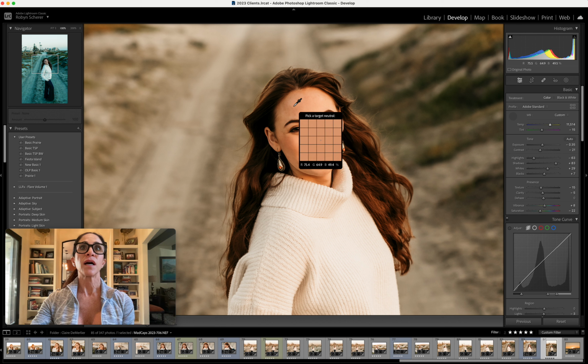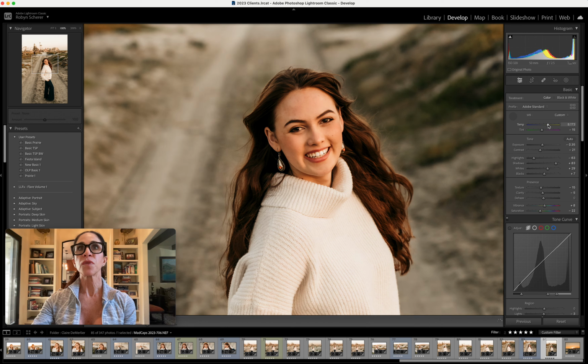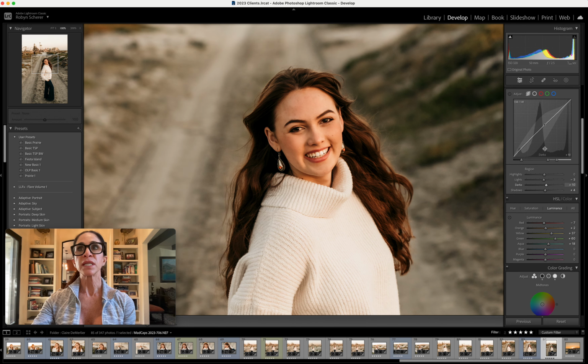75, 65, 55 is what we're looking for. It's off, so I'm going to do some adjusting. I'm going to take down the warmth. I'm going to come down to the luminance slider, which I mentioned in the skin tone video can help you with your skin tones. So I'm going to pull that up a hair